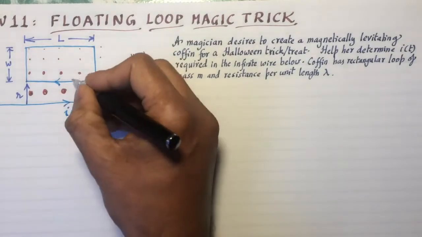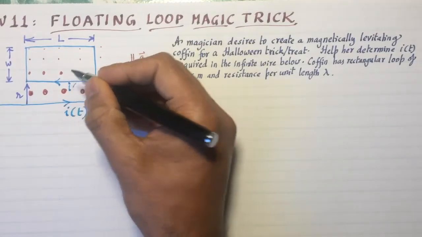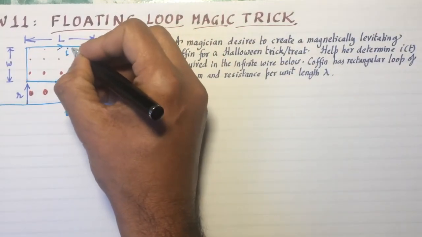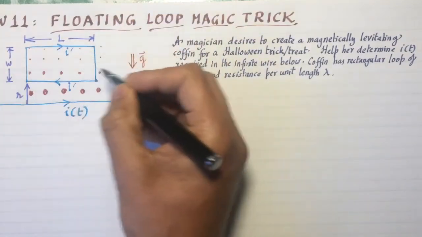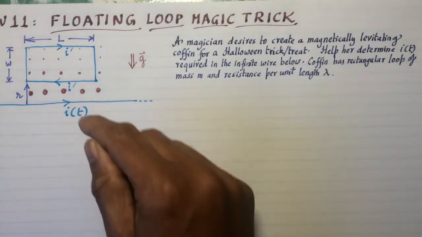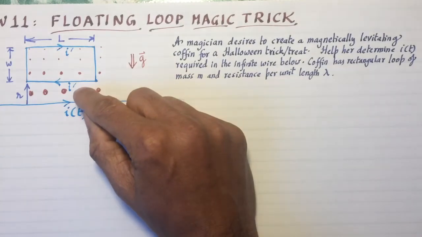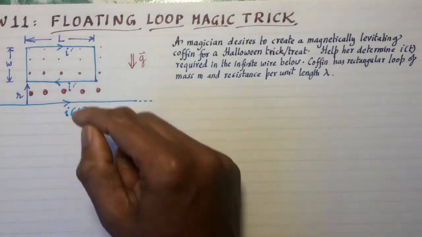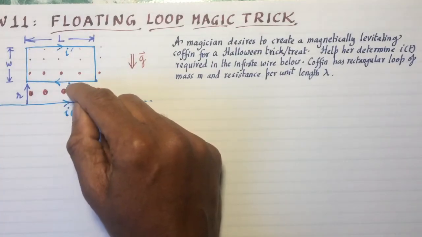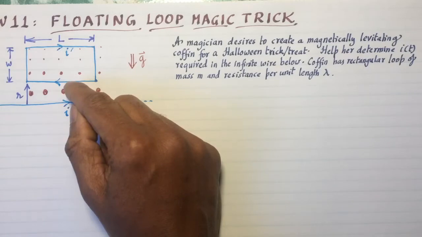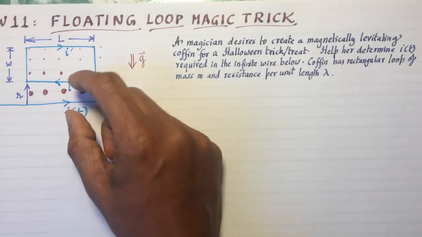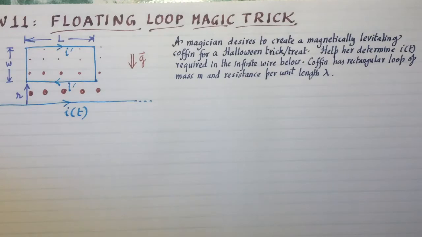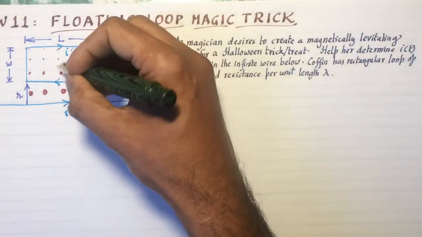First of all, that determines the direction of the induced current in the lower part of the loop, and hence also the upper part of the loop. The sides are unimportant because they're going to cancel out. Now, the lower part of the loop has current in the opposite direction, and opposite currents repel. So this force is going to be much bigger. I'm going to draw this much bigger force with an arrow like this,